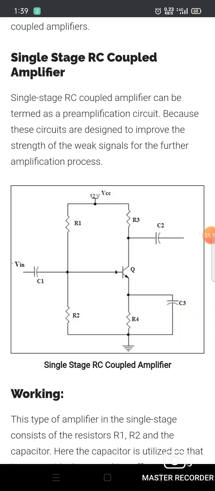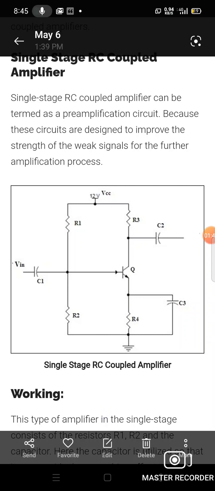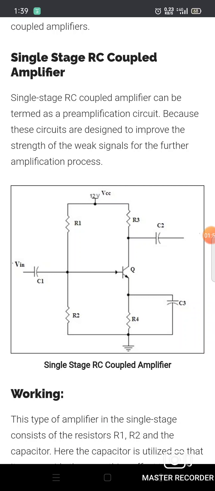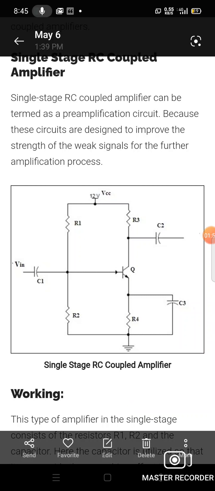Based on the connections in the circuits or networks, we call them coupling capacitors and bypass capacitors. And now, what is meant by a coupling capacitor, and what is the function of the coupling